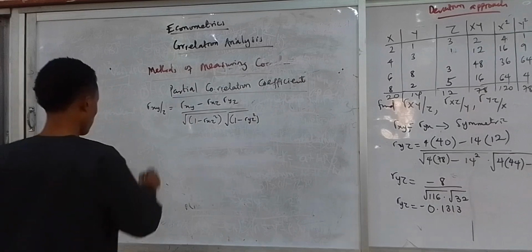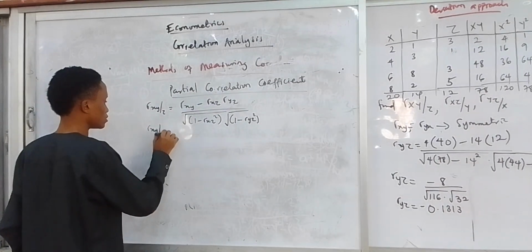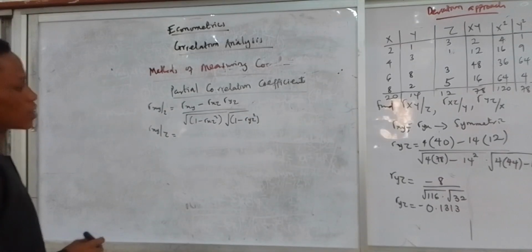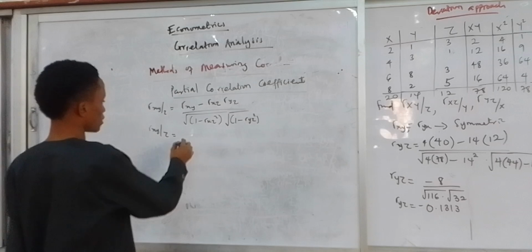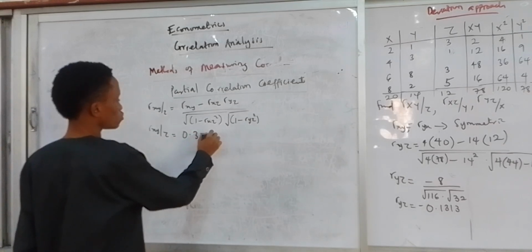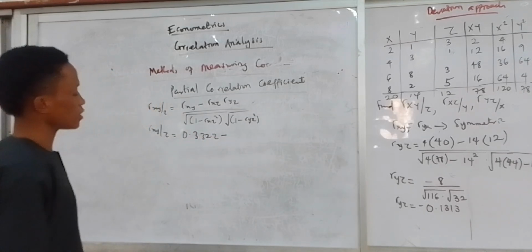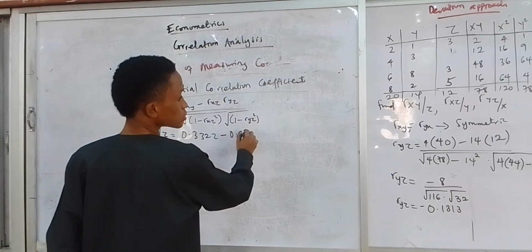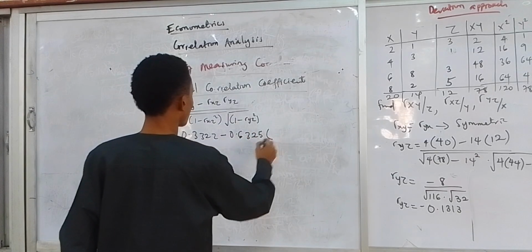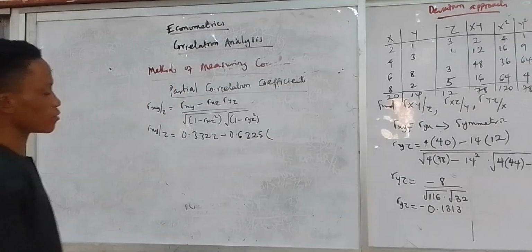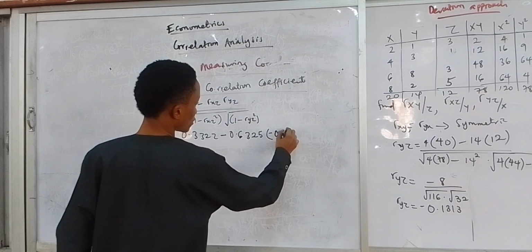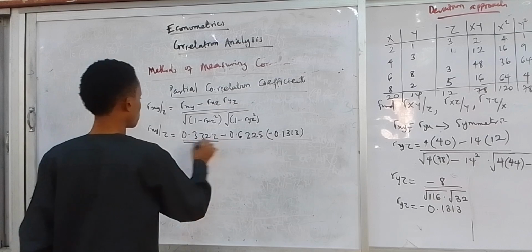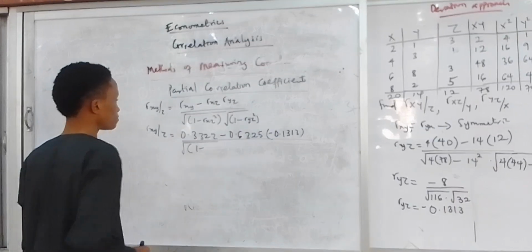So that would be 0.3322 minus rxz, that's 0.6325, multiplied by ryz, which is minus 0.1313, all over square root of 1 minus 0.6325 all raised to power 2,